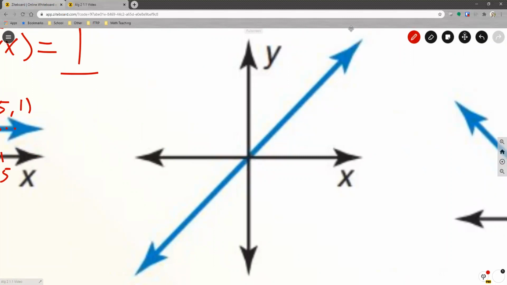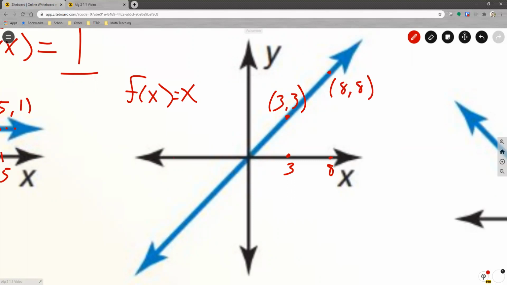And again, if I were to plug in a value, if this is just the function f of x equals x, that means for every x that I input into the function, the value I'm going to get out of the function is the exact same value x. So if I input a 3, my output value is going to be y equals 3. And when I graph that, input a 3, output a 3. If I input an 8, I'm going to get out an 8. If I input a negative 15, I'm going to output